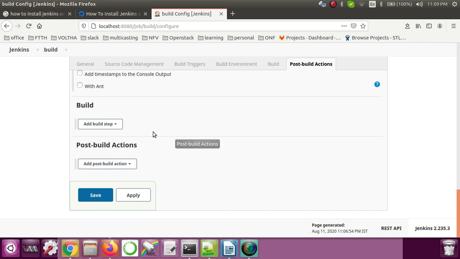So in this particular video, that's it, because in the next video we are going to try with a proper application. In this video I wanted to show you how we can install Jenkins, how we can start it, and what a job is. Okay, so these are the steps that we wanted to cover. So that's it in this video. We'll see in the next video how we can create a job for any Python or Java application. Okay, that's it. Thank you.